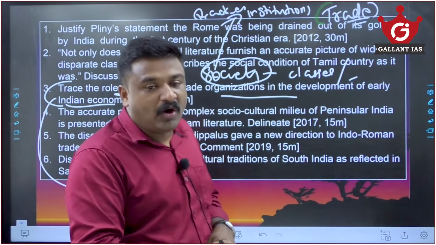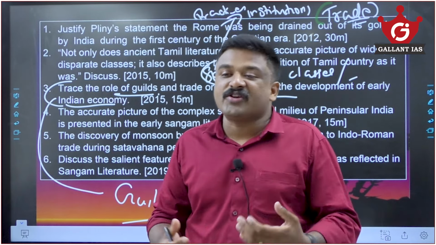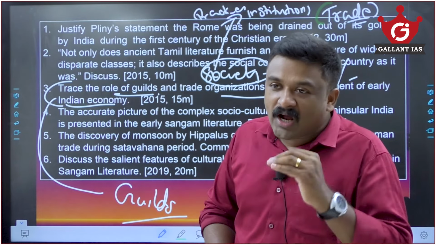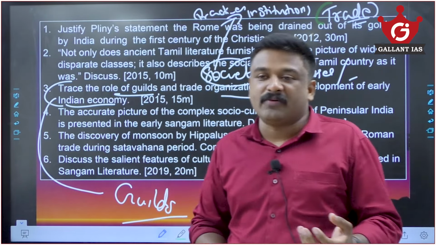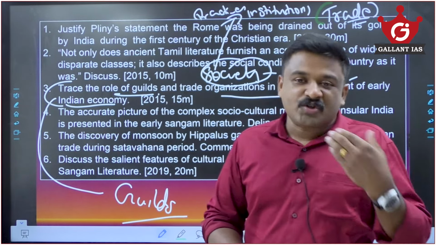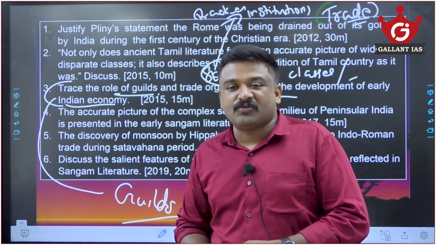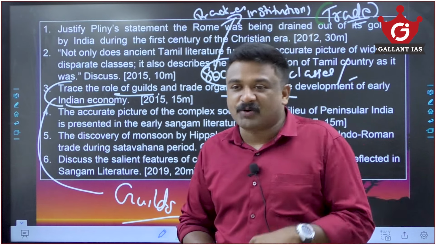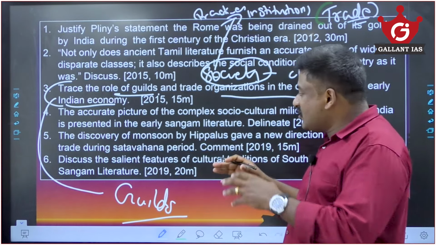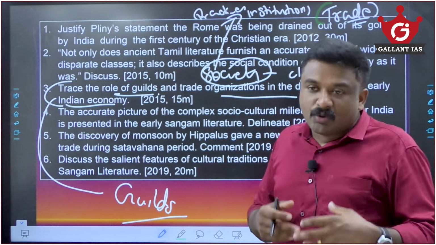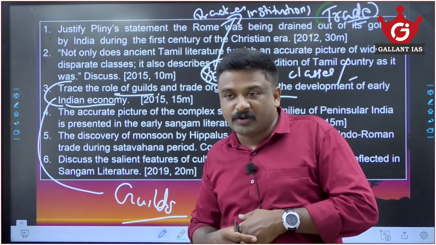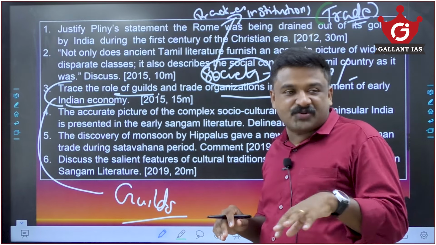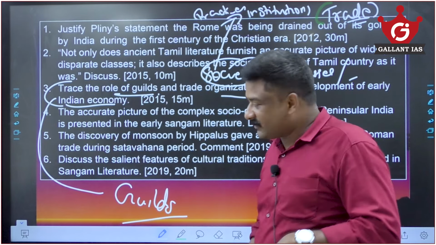So you will have to explore the salient features of the cultural traditions of South India as mentioned in the Sangam literature. You must know how the Sangam literature talks about the political system, economic system, social system, religious system and cultural system of South India, or the art forms of South India during that particular age. Am I right? So these are all the things you are supposed to cover from this particular module. Which module? This is from the 9th module, early history of the East, Deccan and the South.